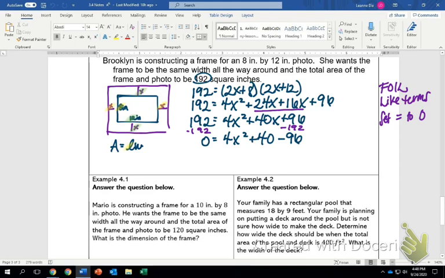But if you're looking at this and you're like, this is really long and complicated, then take this opportunity and practice the quadratic function or the quadratic equation. So I'm going to